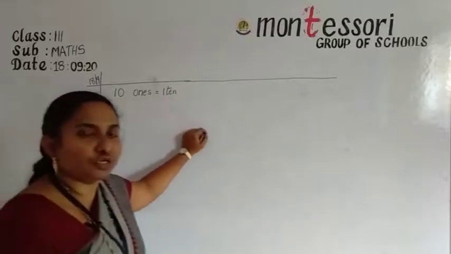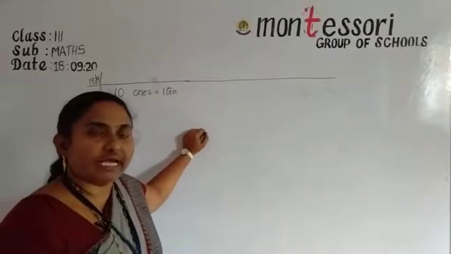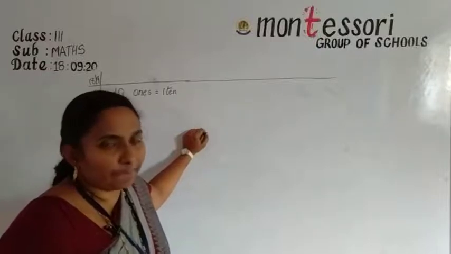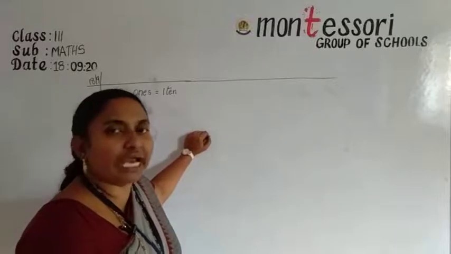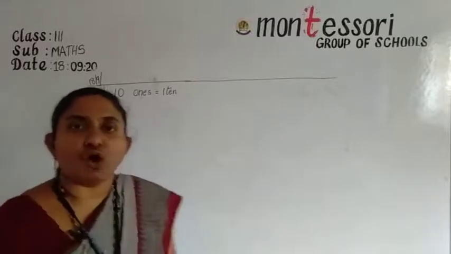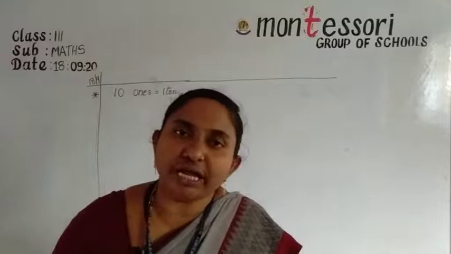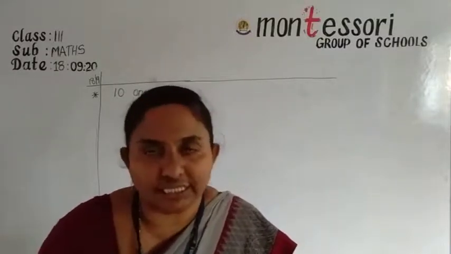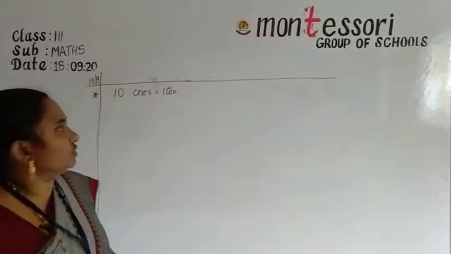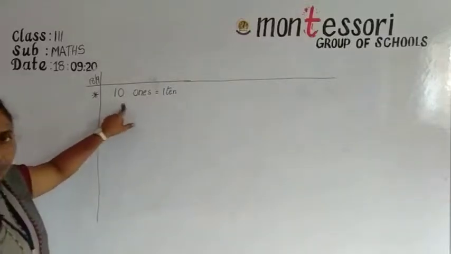Classwork must be written with a pen. Classwork and homework are written with a pen, and only text work is written with a pencil. Now you are studying in 3rd class, so all of you must use the pen. Only for text work you can use the pencil. So now take your classwork and note down the points.